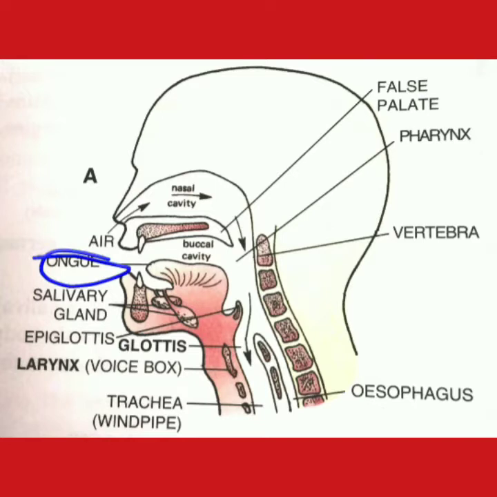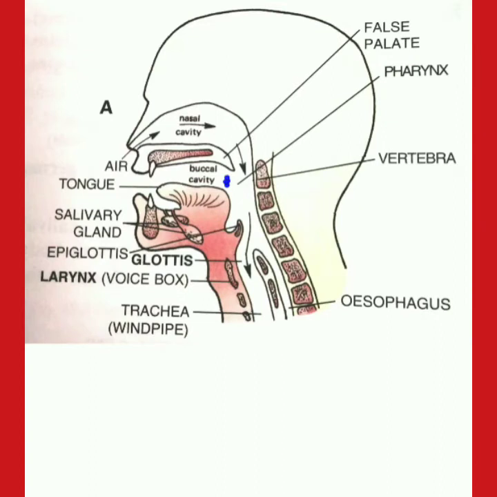So the tongue presses upward and back against the roof palate of the mouth, and this forces the bolus into the throat or pharynx. Suppose this is the bolus. This part is the pharynx. So food moves inward. Next, the back part of the roof of the mouth cavity called soft palate